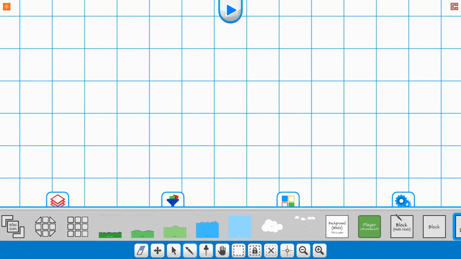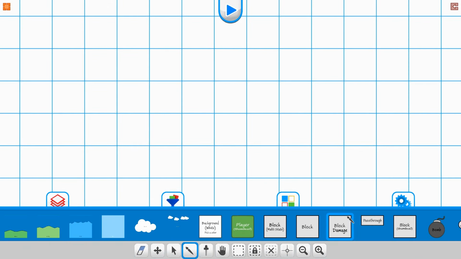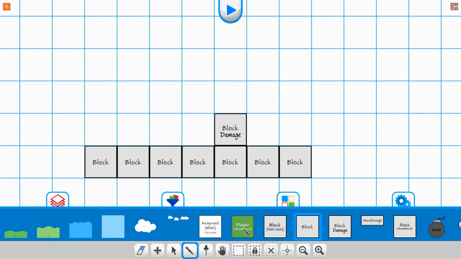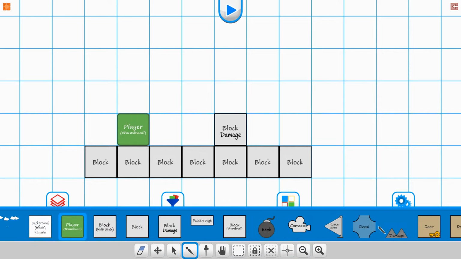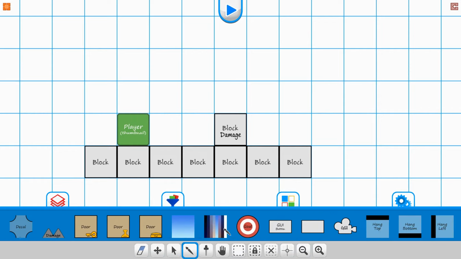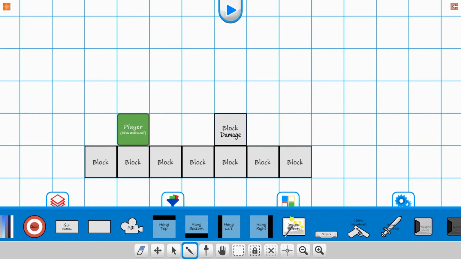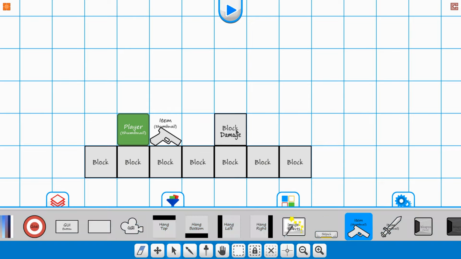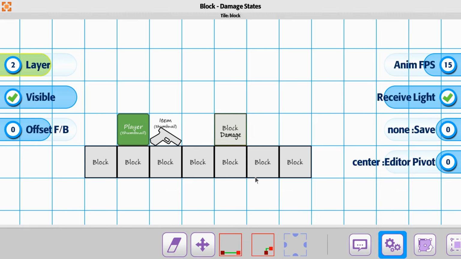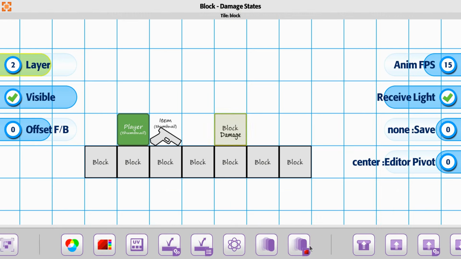Alright, let's go ahead and start in on the block damage type. For this one, we've looked at it in different videos in different ways. This time we're just going to adjust the properties of it so you can see things happening. The basic setup, we'll just put a little floor here for the player, and let's place a weapon in the scene. Now on the block damage type, if you go into it, we're just going to scroll down